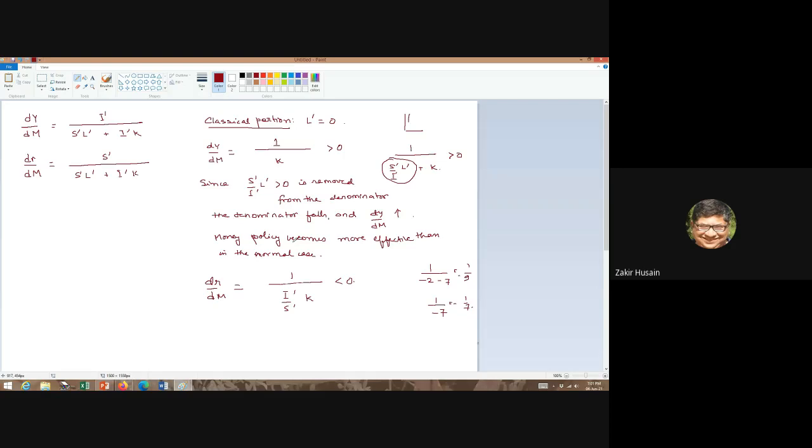Okay, so it will work in both the normal portion and in the classical portion, but in the classical portion the impact on Y and R becomes more pronounced. Sir, can you explain the example that you gave with -2 and -7? Yeah, but just let me copy this, please.